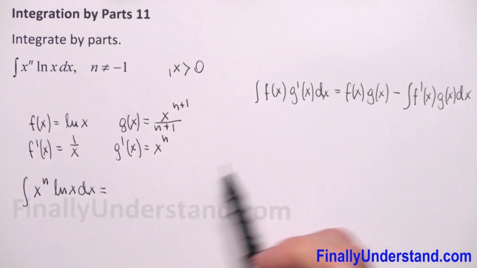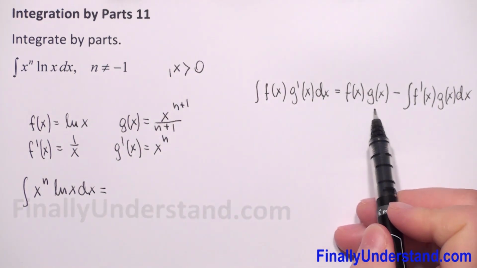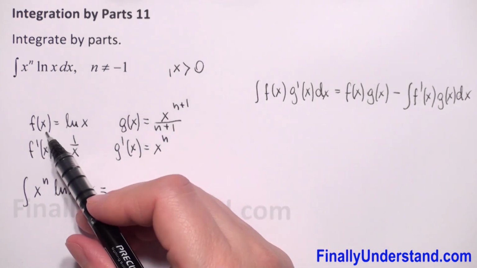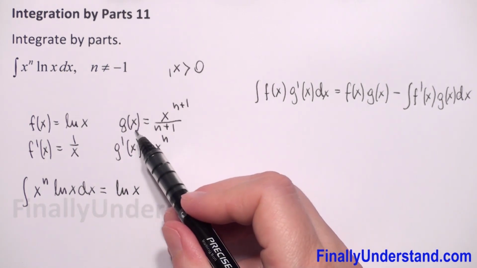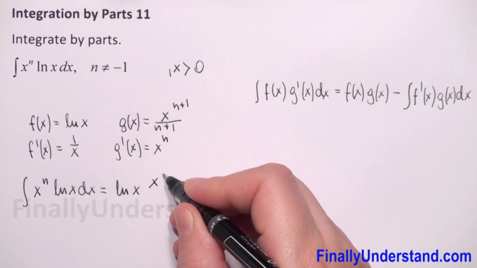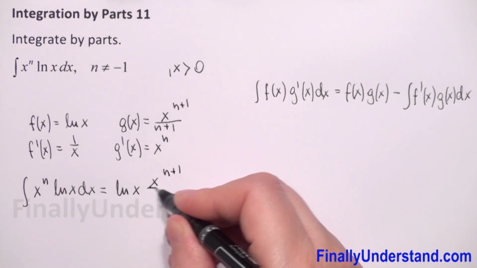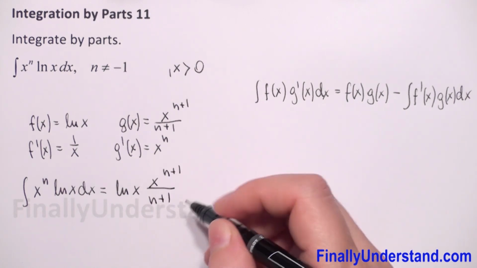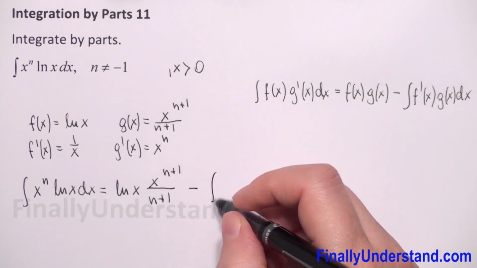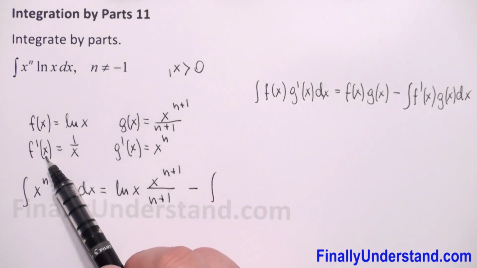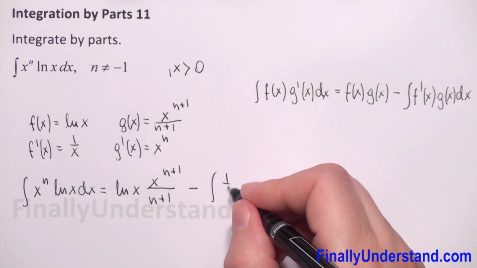This is equal, first we have to multiply f times g. So f is natural logarithm of x, and g is x to power n plus 1 over n plus 1. Next we have negative sign, and we have integral of f prime, which is 1 over x,